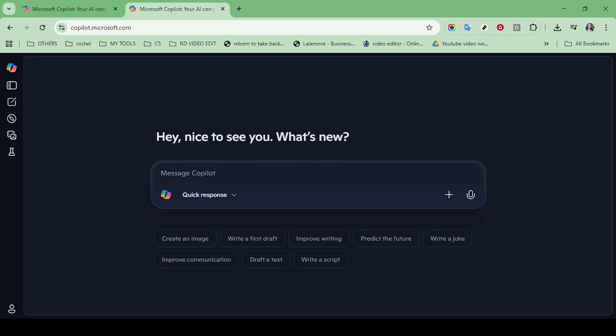Now, once you're in the conversation history section, take a moment to browse through and locate the specific conversation or responses that you wish to export. This part is crucial, especially if you have extensive conversation logs. It helps to have a clear idea in advance of what you're looking to save, making the selection process swift